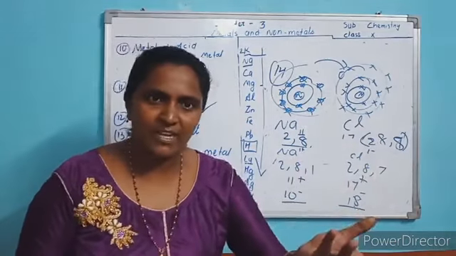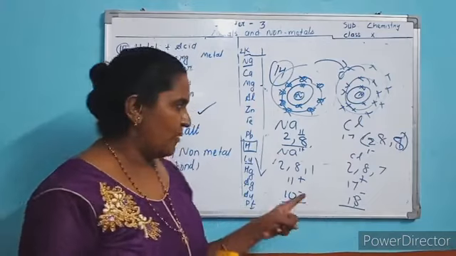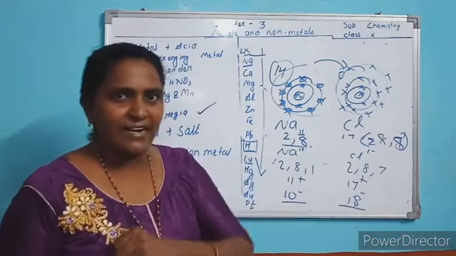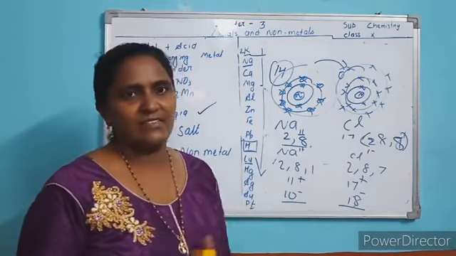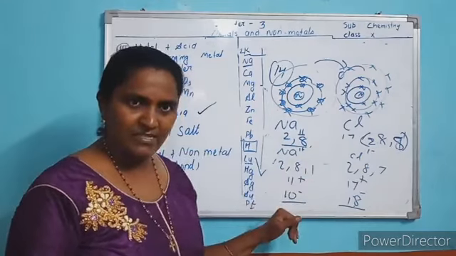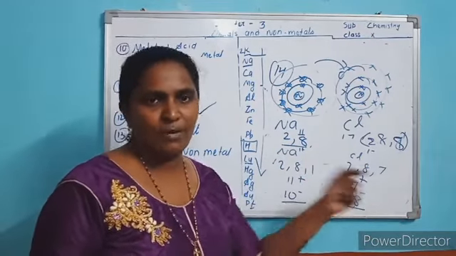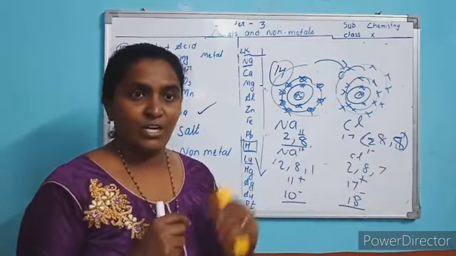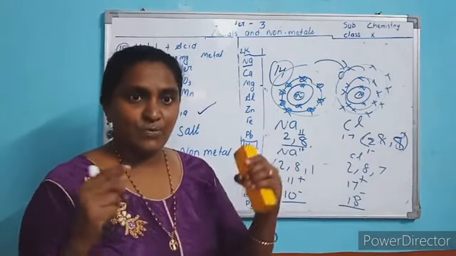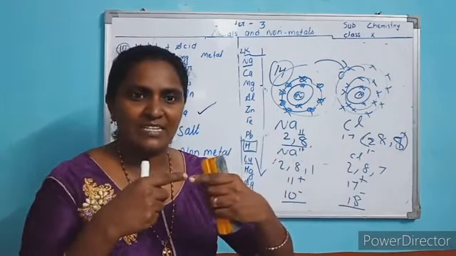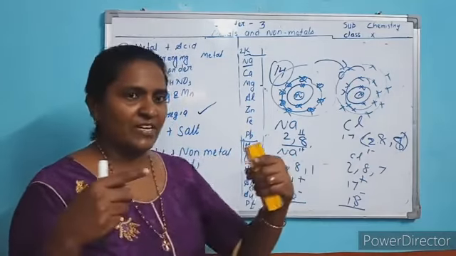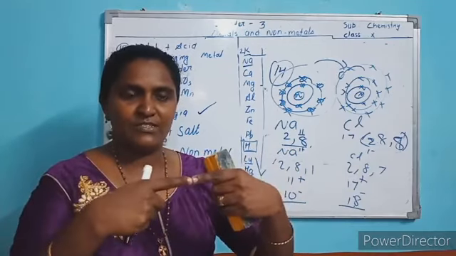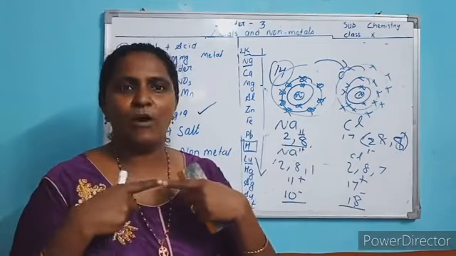Because this one donated 1 electron, 1 electron became less. Now positive charge is more, so 1 plus. Here 1 electron is gained, so negative charge increased, so 1 minus. Here 1 electron is less, so 1 plus. Here 1 electron is more, so 1 minus. Now plus and minus attract each other, like north pole and south pole attract each other. So between plus and minus, an electrostatic force of attraction occurs. Due to this strong electrostatic force, they stick together to form a bond.